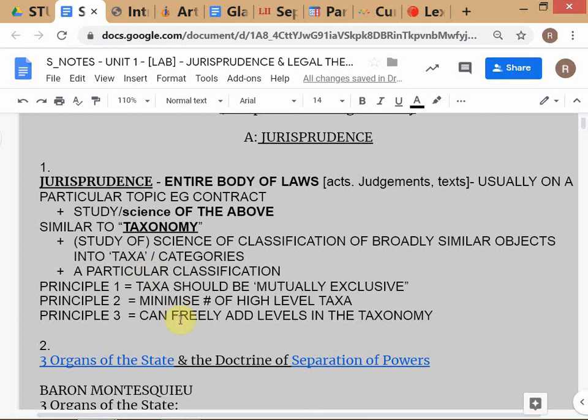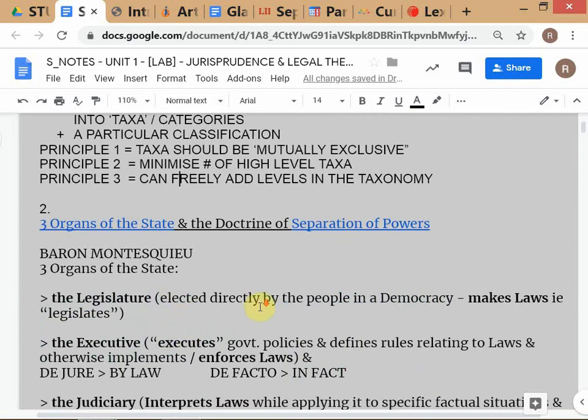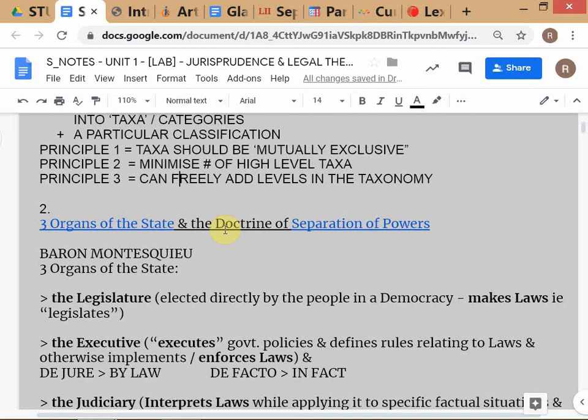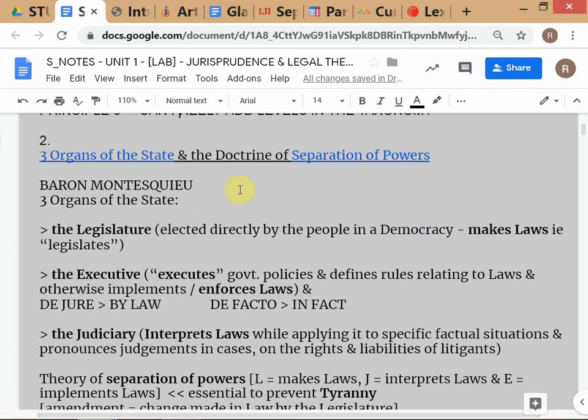Okay, all right. Okay guys, so these are some new things that you've learned. Now let's go on to our next topic. Remember, this is going to be lecture-tutorial style mostly, but make sure that you understand these are things you need to learn. Are you guys familiar with these ideas, the three organs of the state?